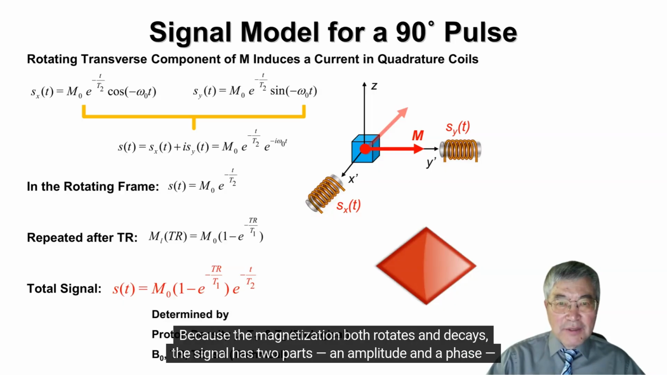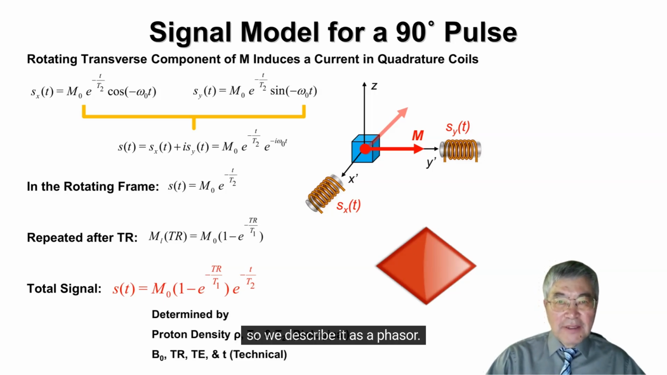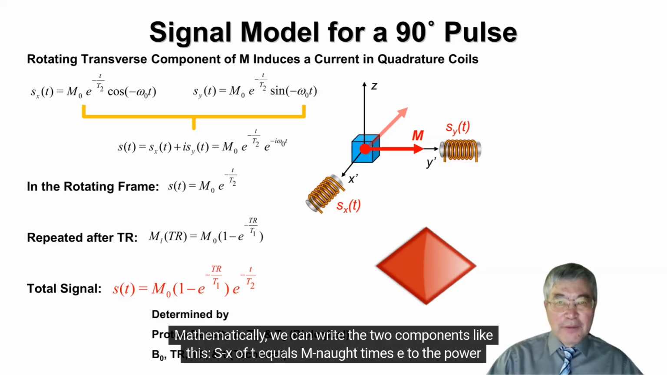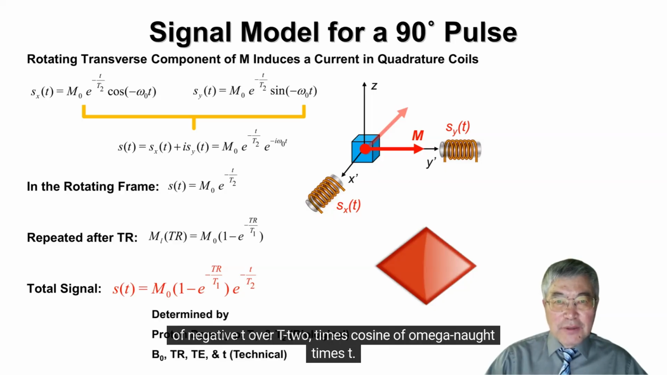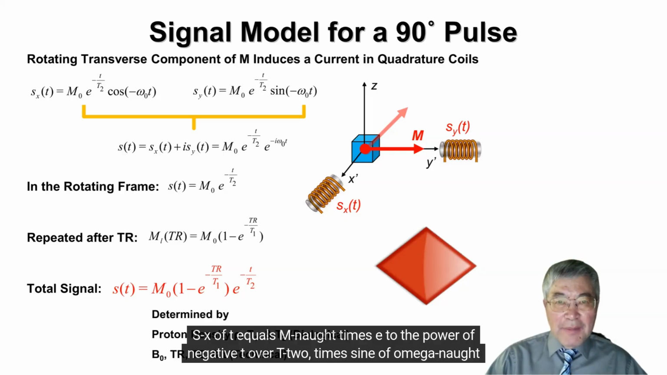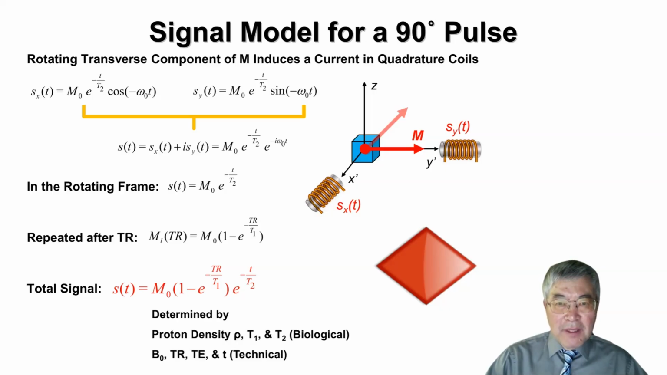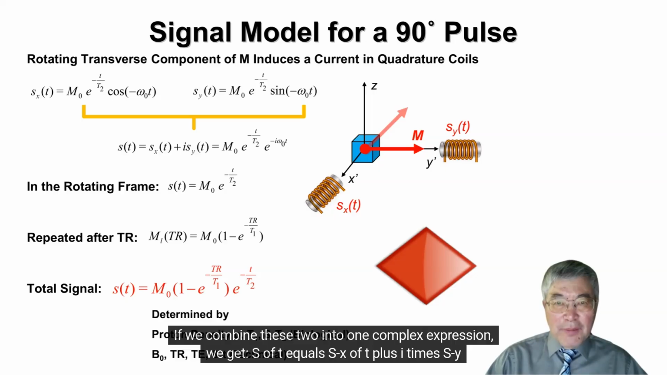Because the magnetization both rotates and decays, the signal has two parts, an amplitude and a phase, so we describe it as a phasor. Mathematically, we can write the two components like this. Sx of t equals M0 times e to the power of negative t over T2 times cosine of omega naught times t. Sy of t equals M0 times e to the power of negative t over T2 times sine of omega naught times t. If we combine these two into one complex expression, we get S of t equals Sx of t plus i times Sy of t,